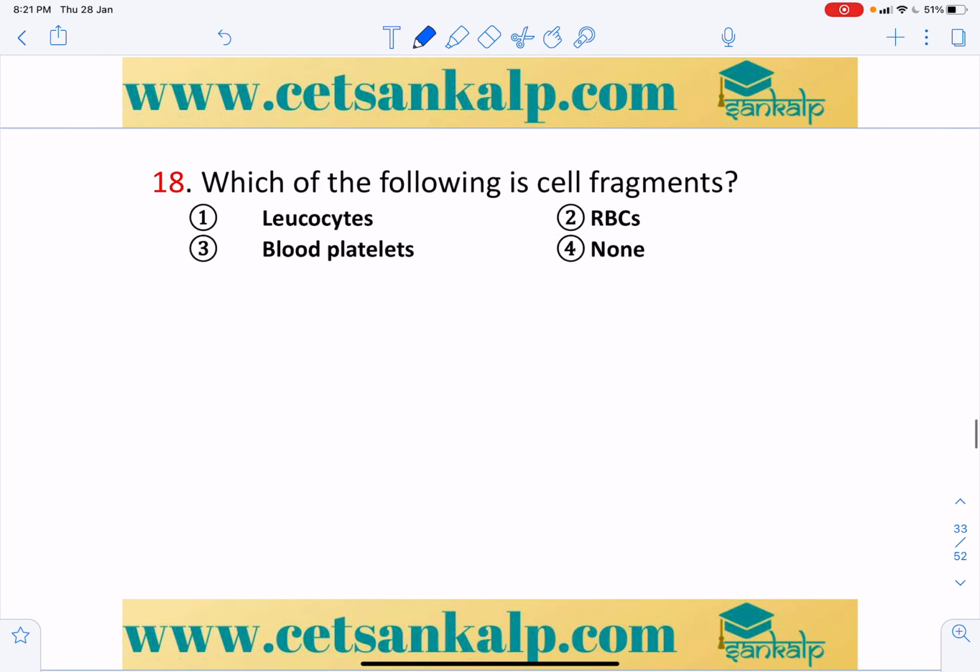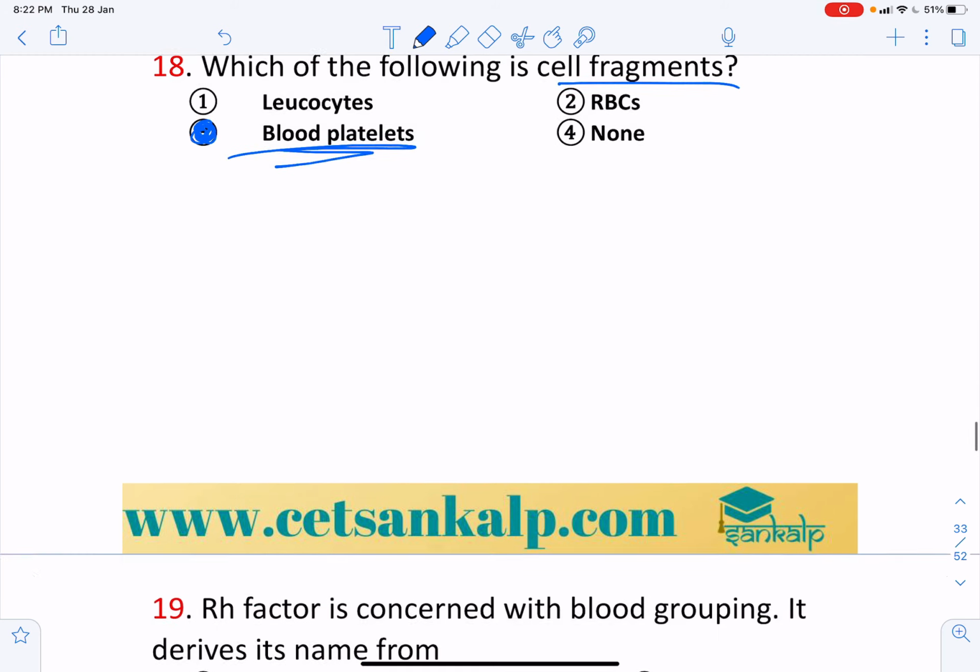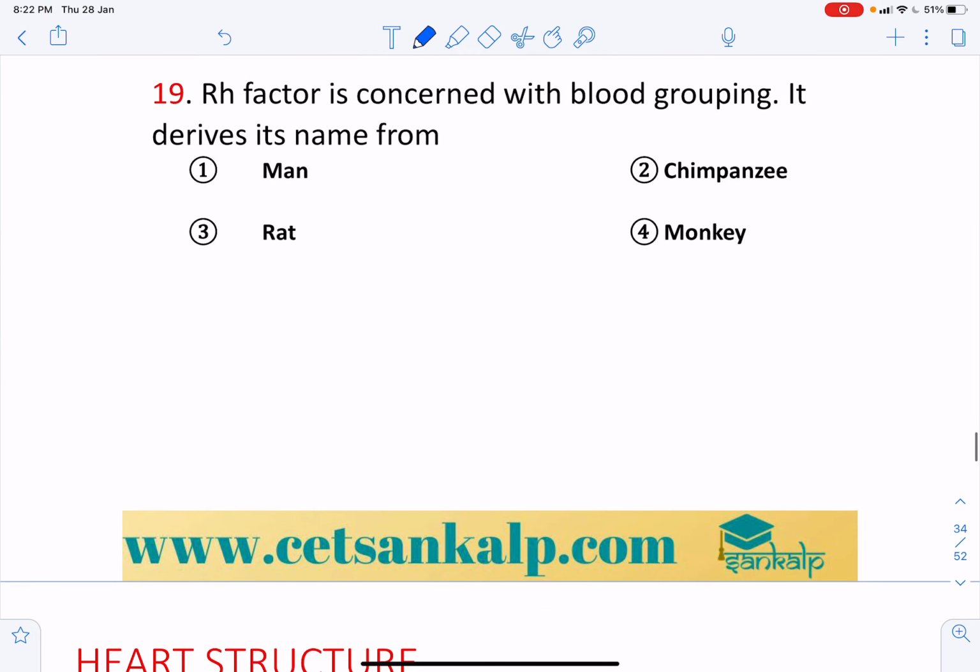Next, which of the following are cell fragments? We discussed that thrombocytes or blood platelets are the fragments of megakaryocytes. The Rh factor is concerned with blood grouping. It derives its name from